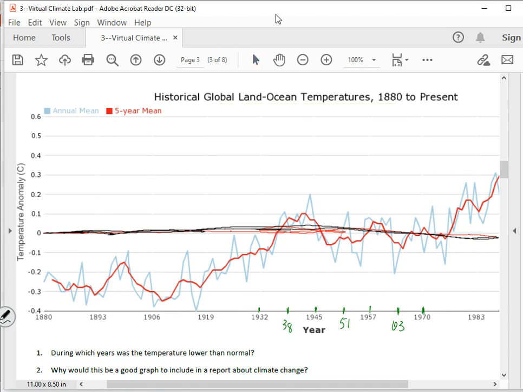Like I said, there is a 4th one, but it's so very small that I don't know that it's worth mentioning. All right, so the years that I'm looking at here are the years that it's below the graph. I have from 1880 all the way, these are all below, and I'm looking at the red line, not the blue line, just focusing on the red line. And when I do that, I notice right here is where it goes up above 0, and then it stays there for a couple years, comes back down. So these years are below the line, this year's above the line, and then these years are below the line as well. Like I said, I do have a couple more in here, but I'm not going to focus on those. So my years that I want to record